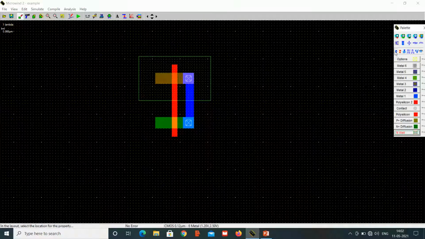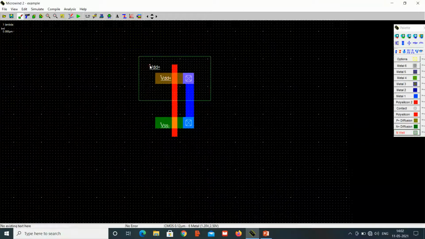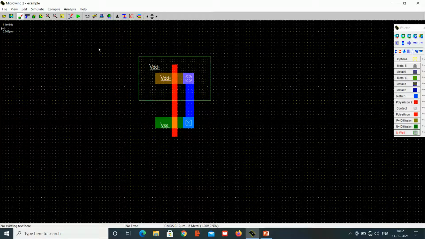So I am selecting a VDD supply and connecting it here and ground to this source. I am also connecting this VDD supply to this N well. Since the substrate is P and this is also P plus diffusion, both should be differentiated by this N well.